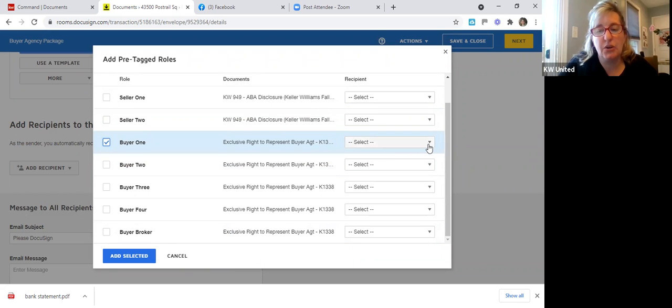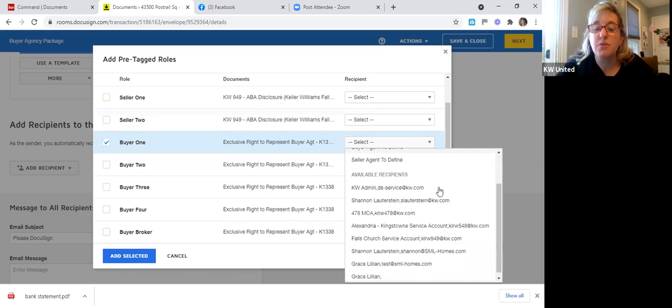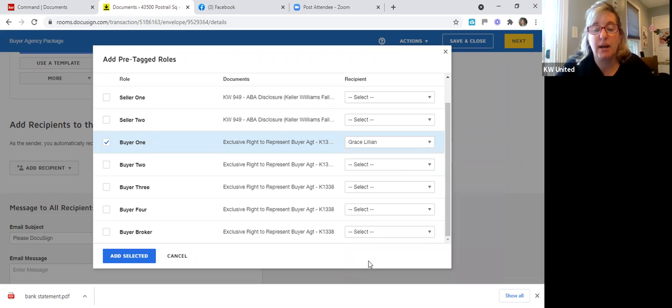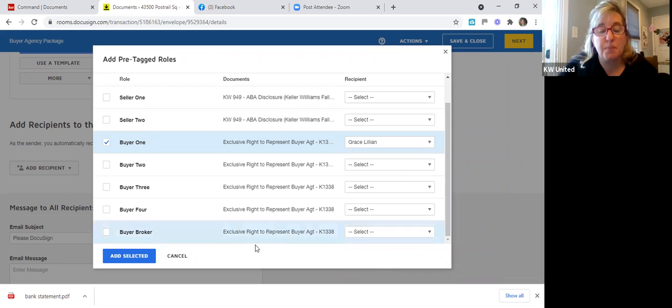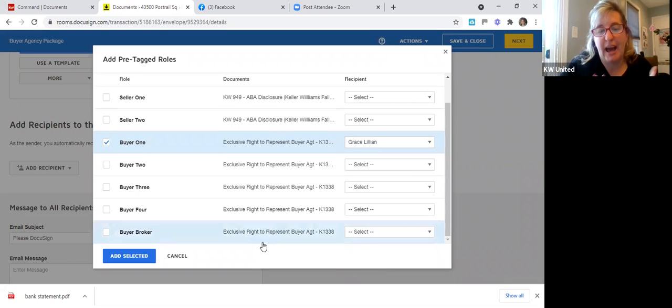When we come across here to the right side, we hit select and that drop down is going to give you all of the choices of people that are in the room that you can send this to. So I want to find my client. This is my client, Grace Lillian, right? This is the buyer. The second person that you are going to choose, or the third person, right, after you've already chosen your clients,